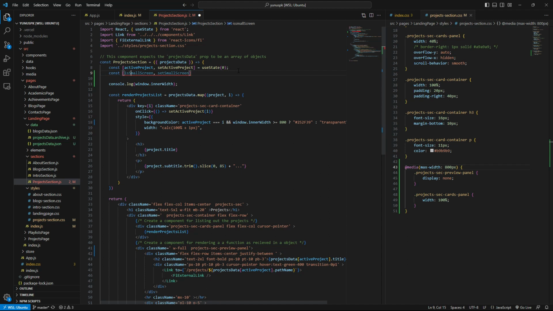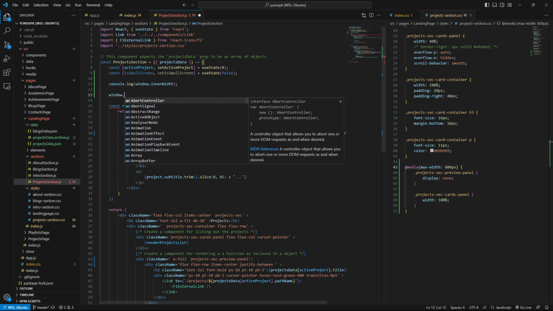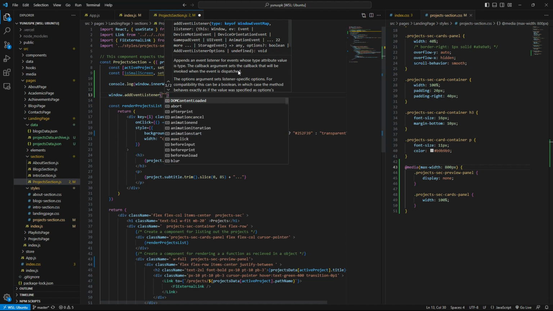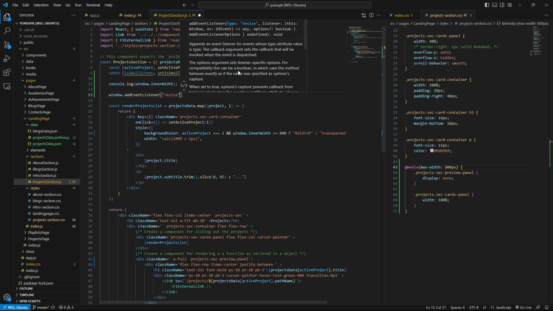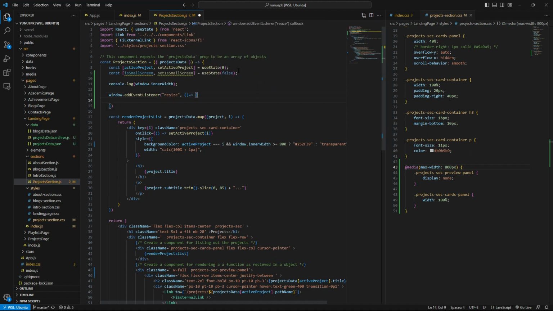Make it is small screen, set is small screen. Use state by default, it's gonna be false. And now we're gonna have a window dot add event listener that's gonna have the first argument as a string, and that's gonna be resize. Second is gonna be a function, and that function would be